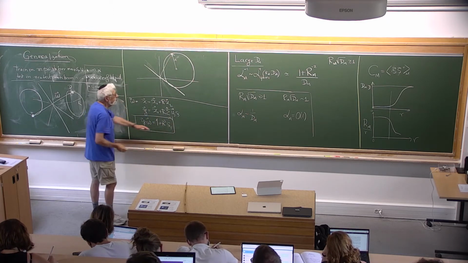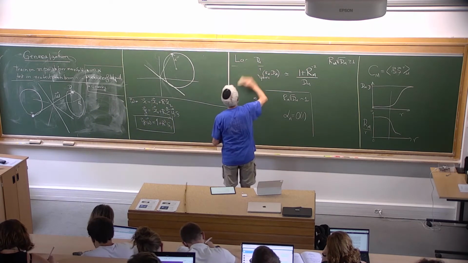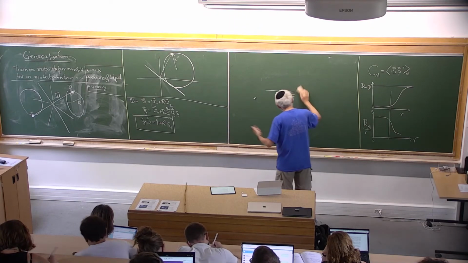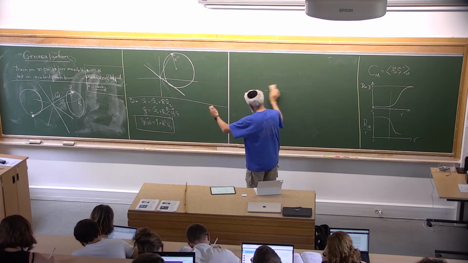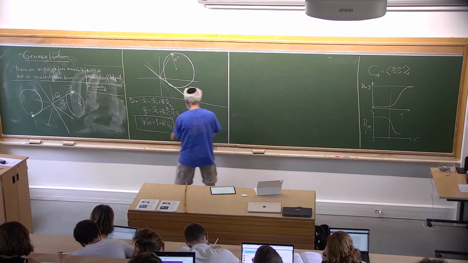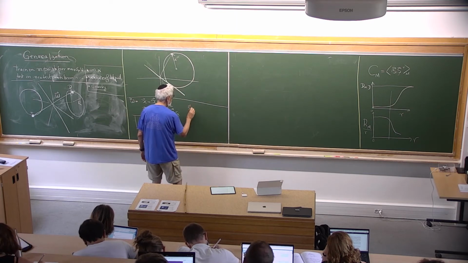Okay, now what can we say about S1? We know that S1 is uniformly distributed, so its angle, its unit vector. S is a unit vector, right? Remember, S is a unit vector, and